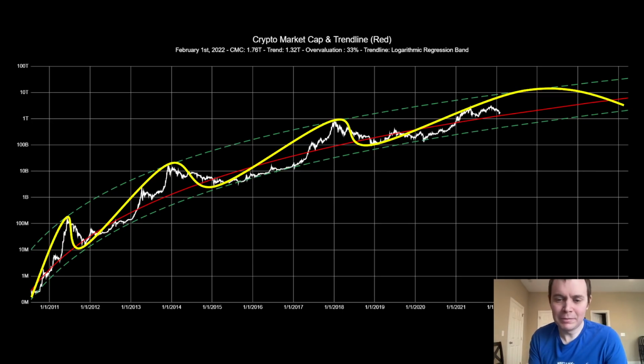Some are useful. Okay. So, I look at this and I say, well, as far as I'm concerned, we're still basically on track as to where we should be heading over the next several years. And my thesis all along is that the asset class, I believe, will hit approximately $10 trillion sometime in 2023. If it hasn't happened by the end of 2022. Like the earliest I think it could happen realistically would be the end of 2022. But I think it would be more likely to happen in 2023.